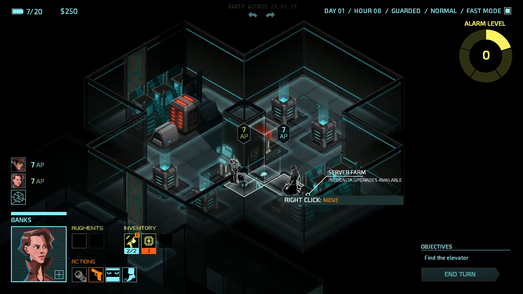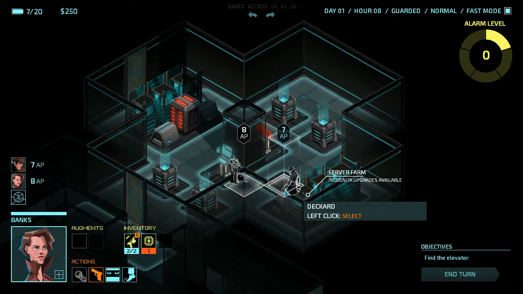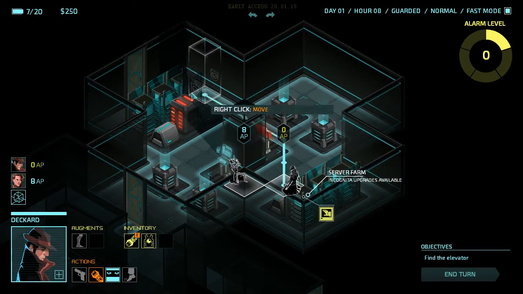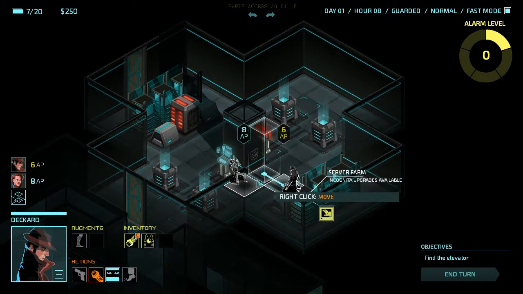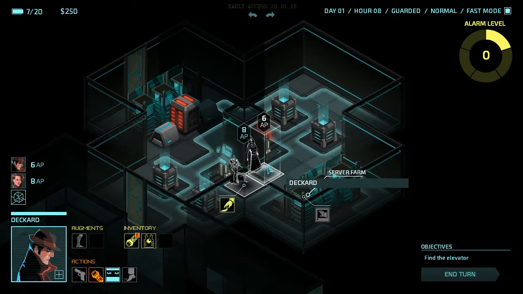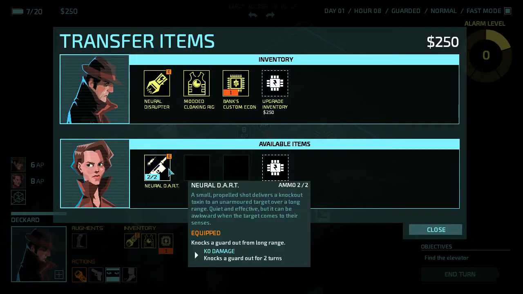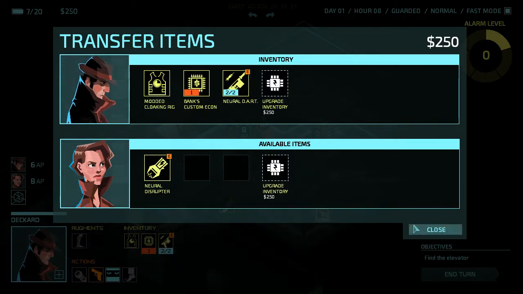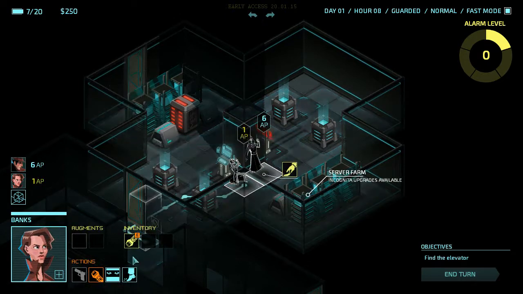Here, she's going to have to wait another turn. Let me think. He has 7 action points. He can only go there. She can go all the way here. So I think Deckard can use the Econ chip next turn, and I'll have Banks move to this area to explore it. So I'll give her this done,